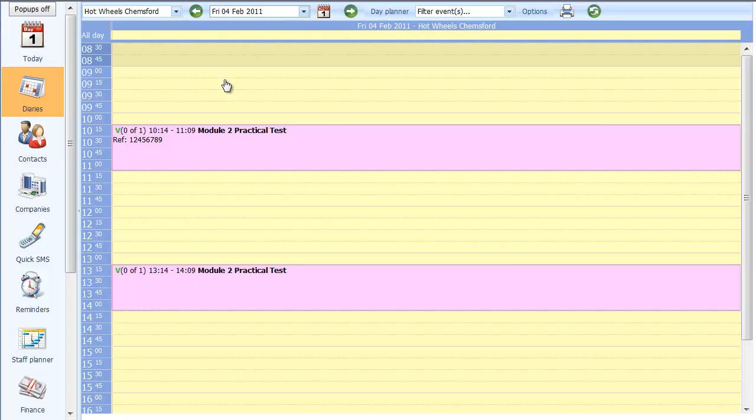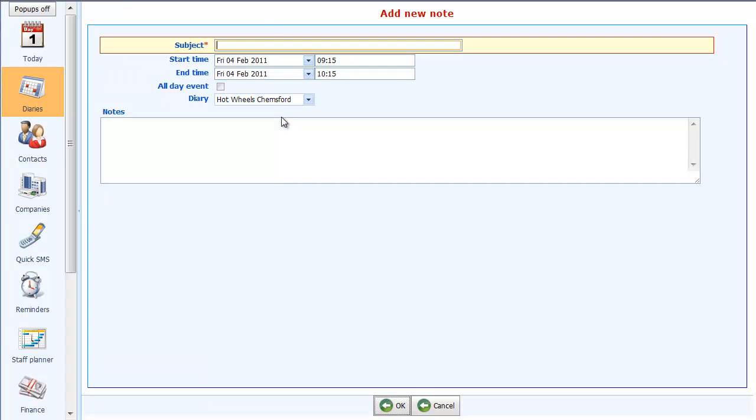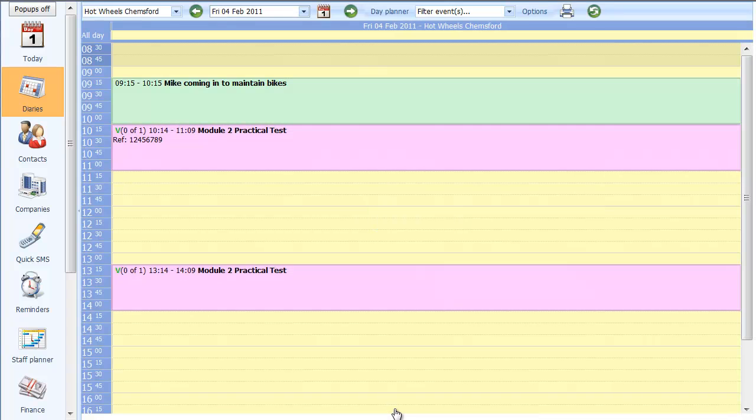I think I'll also show you how we can add a note into the diary as well. This is useful for just any other items of information that may be important. So I'll put in here, say, Mike coming in to maintain bikes. There we go. You can put in a note any time you like in the diary, and it can also